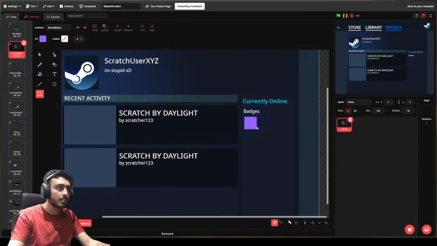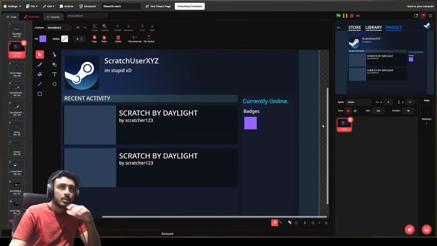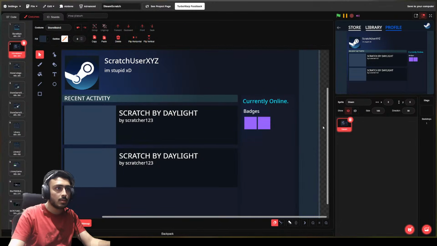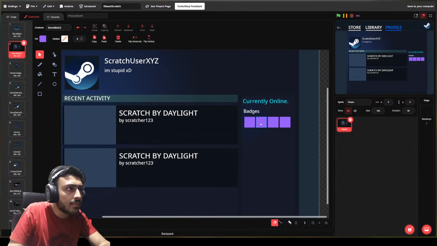Never mind, I'll just make it myself here. Square badge. How many badges can we fit here? At least 4 I think we should fit. Okay, we are fitting 3. Let's make it 4. Is the distance equal between them? I don't think so. Now it is.